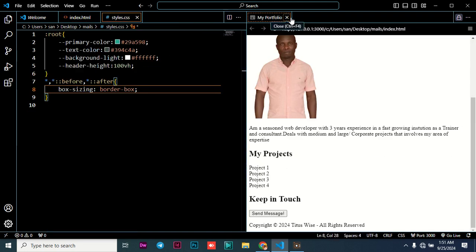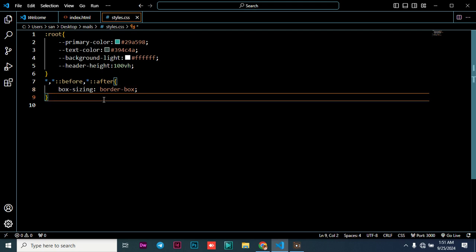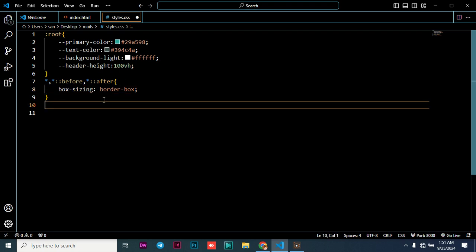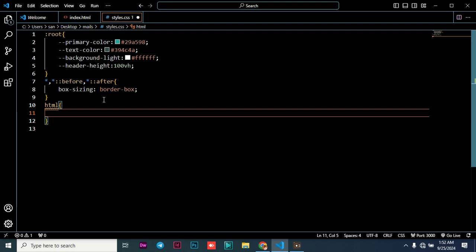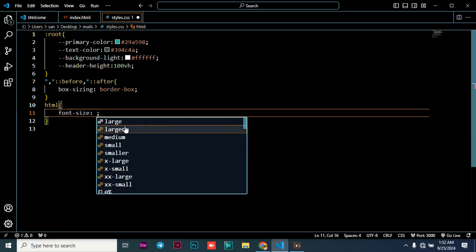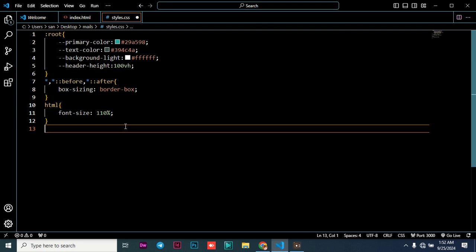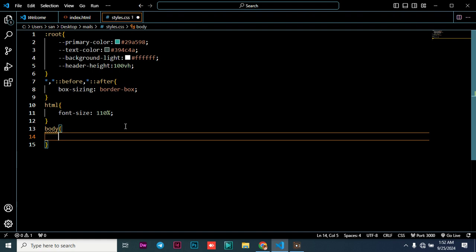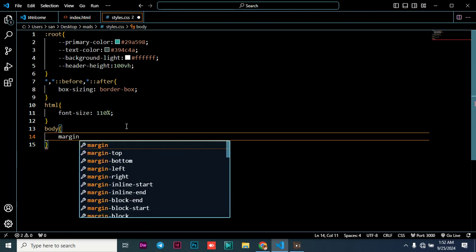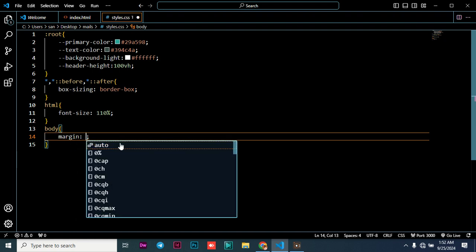So I go back to my code again, and in this code I'm going to say HTML. Now I'm going to style the entire HTML, that is our root element, and then we're going to give it a font size of 110%. The next one is the body. So in this case we're going to have the body with a margin of 0,